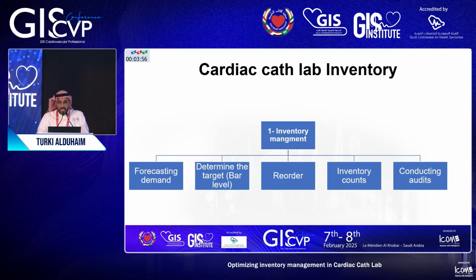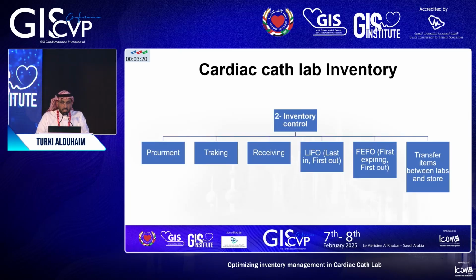And finally, you conduct auditing, which is whenever you have expiry or you have more items on your shelf. That's the time you have to find out if anything has happened. For example, if you have a new physician coming, that's the time you have a different preference. Or let's say there is a study saying that a product is not that effective, so you will find out that your physicians are not using that anymore.